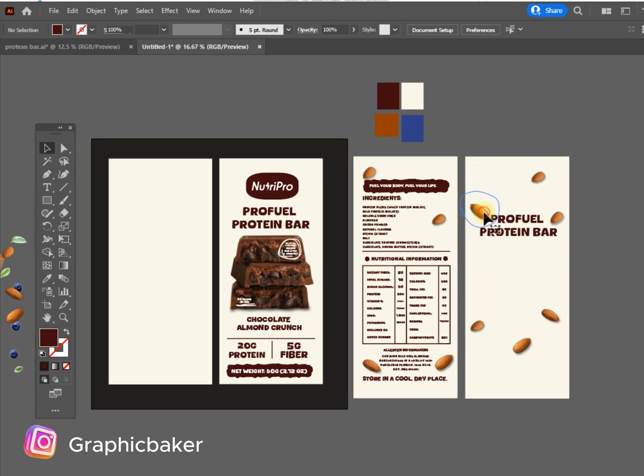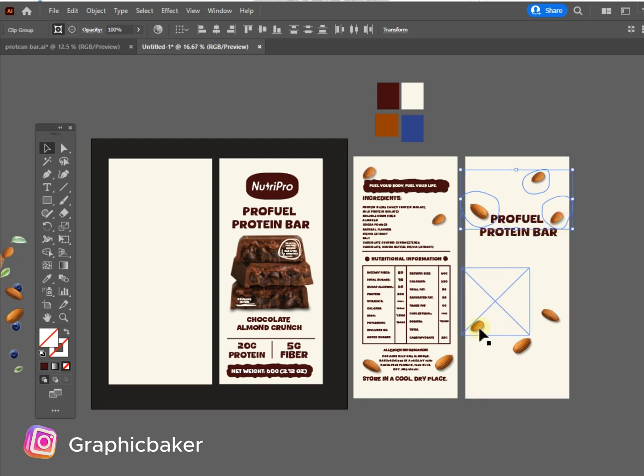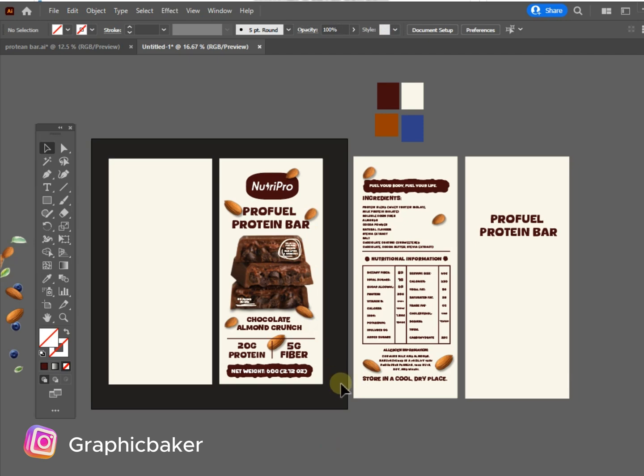So let's put some almond images. Don't worry, I'm gonna provide all these assets in the description. I put almond images to look natural. As you can see, our bar flavor is chocolate almond crunch, so that's why I used cool almond images, so it looks natural and yummy. So just put in here